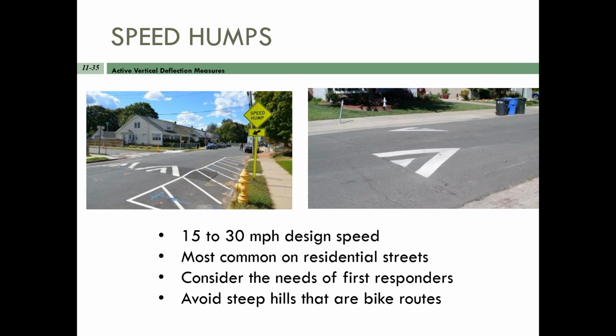Yeah, just very quickly on speed humps, I'm not going to spend a lot of time on it. I think people are fairly familiar with these, but you can do different design speeds, and obviously you want the lower ones if you're going to have more first responders in the area. Sometimes you can have higher ones. Mostly used on residential streets, but I've seen them used everywhere. And one of the things to be concerned about here is just the use of